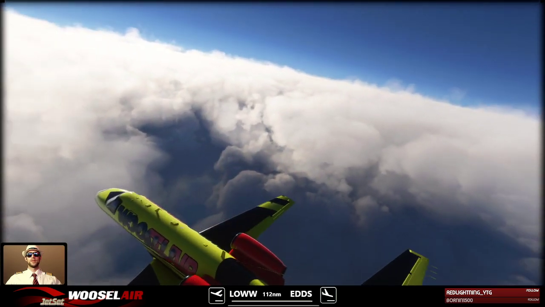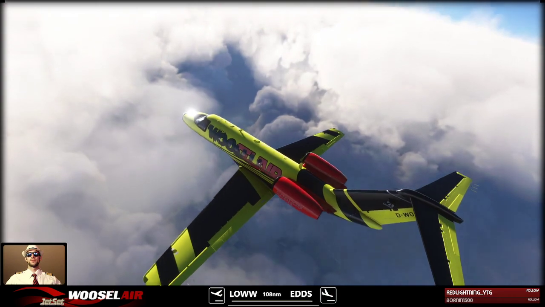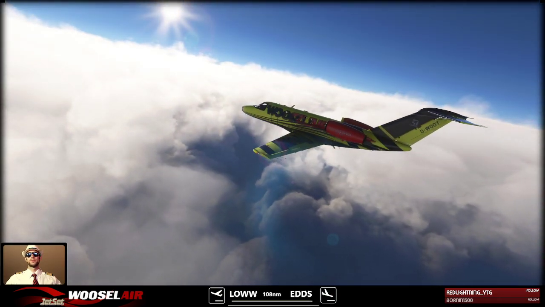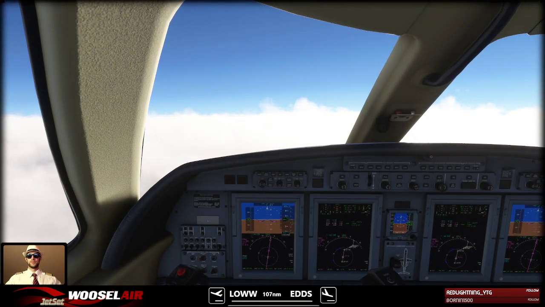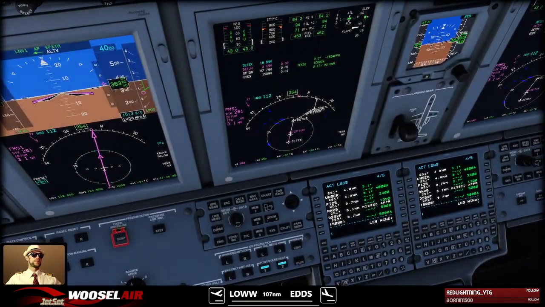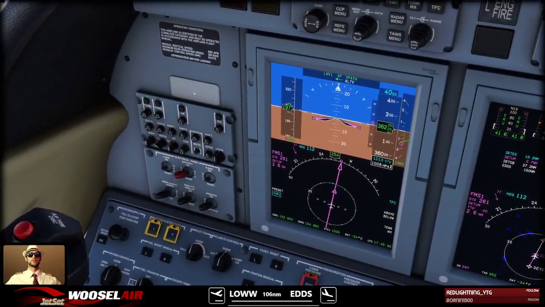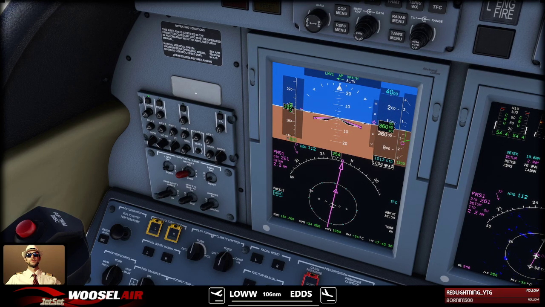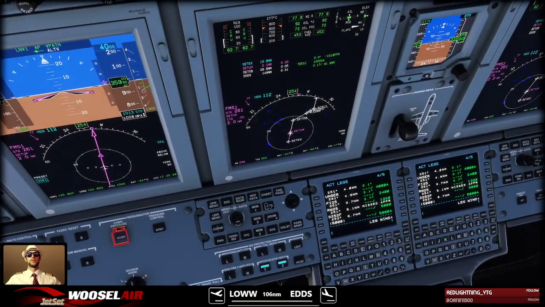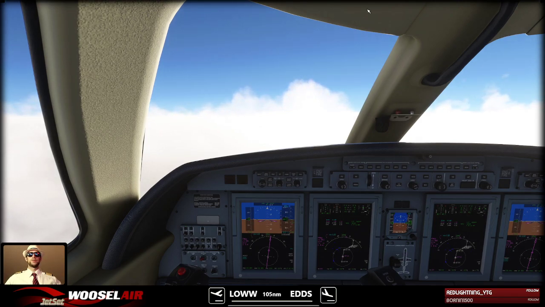Okay, so no issues right there. We're good. We have no collisions ahead. And so... okay. Some winds there, holy smokes. Alright, so we're descending now down to